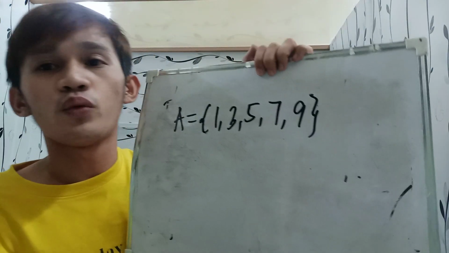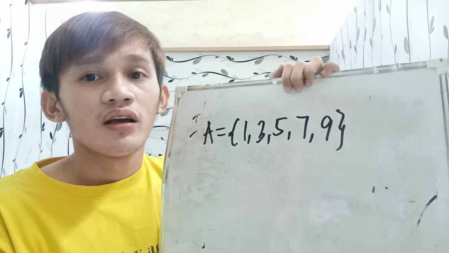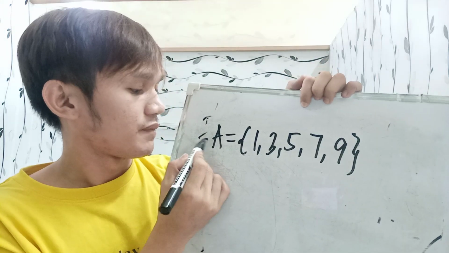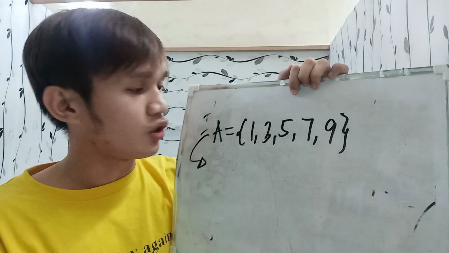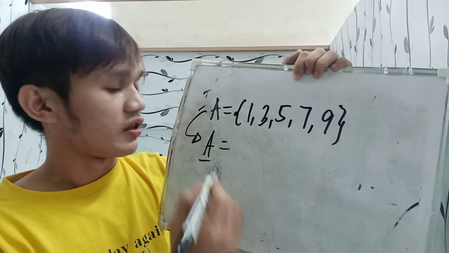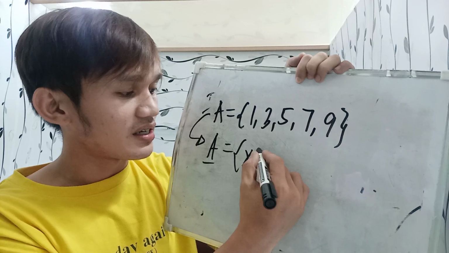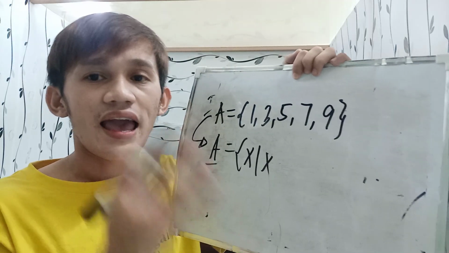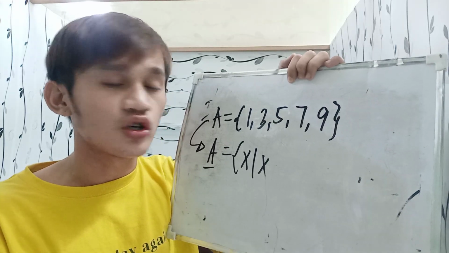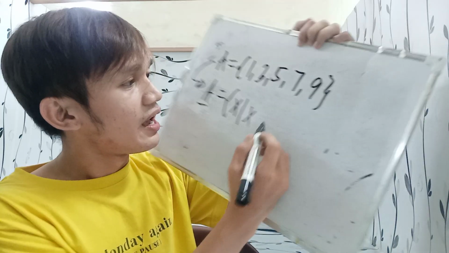Okay. So for example, we have here a set written in a roster method, and you were asked to write this in set builder form. How are you going to do that? You're just going to copy the letter that is used in the set, and then you are going to write x such that x. Always write that x such that x. Remember, a rule method or a set builder notation always starts with x such that x is a